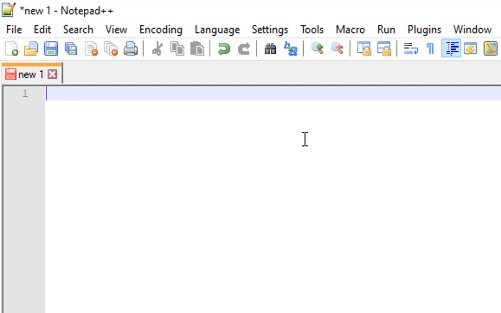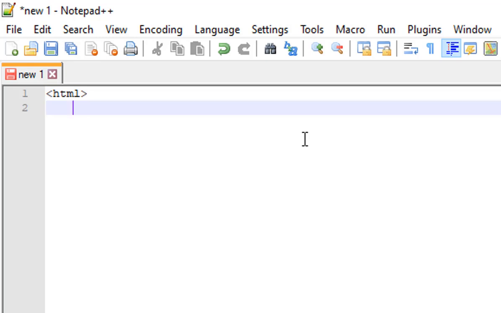If you type capital, it's okay; small, it's okay. Whatever you type will execute. Some programming languages are case sensitive; we will discuss that in later lectures.